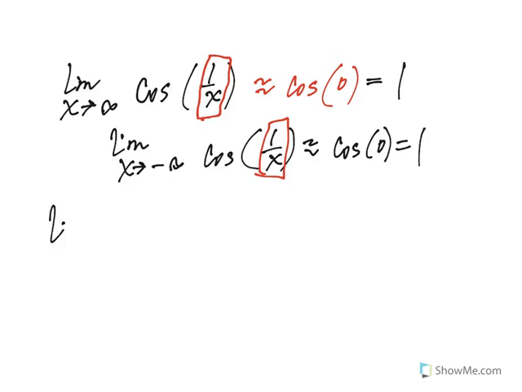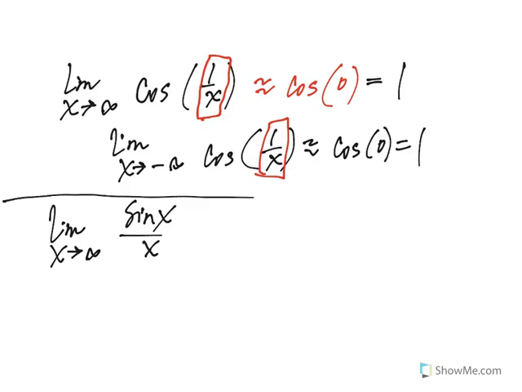All right, how about something like this? Let's take the limit as x goes to hugeness of the sine of x over x. Now, some of you may be thinking that this goes to 1. That was an identity way back from chapter 1. The reason this isn't going to be 1 is because this is not indeterminate. If you plug in infinity